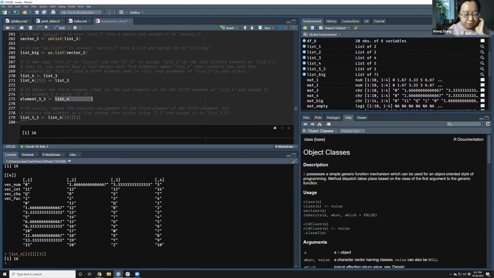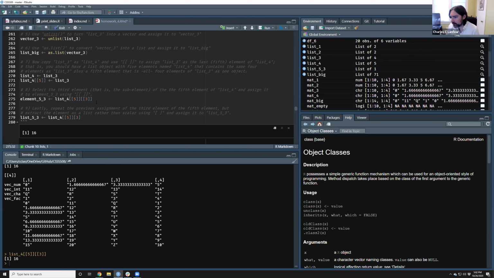Yeah, that makes sense. So a list can have many levels. Yeah. Lists can have an infinite number of levels, which gets really hard to deal with, but they can be really deep. Yeah, so this is saying, start with the list, go to its fifth element. Within that fifth element, go another layer deep into the third element. And so, if we have more levels, we can add after that one? Is that right? Yep, you just keep adding more, left to right. Okay, got it. Thank you. Yep, that's helpful. Okay, the next one.